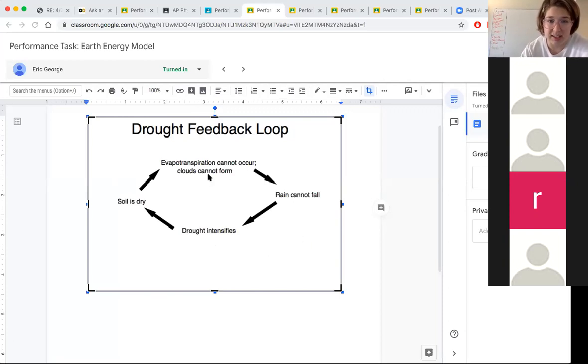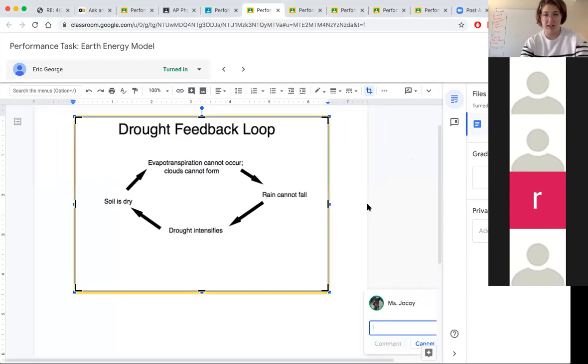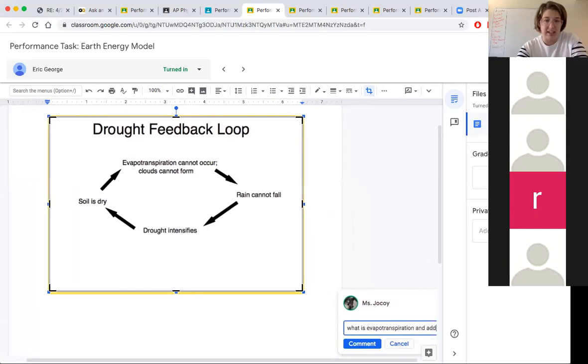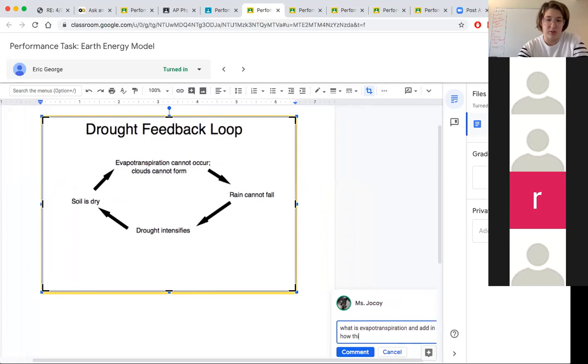So again, I think I like this. I would add some things to it. So I'm gonna comment to add, what is evapotranspiration? I'm assuming it has something to do with evaporation and transpiration from plants. And just make sure to add in how this deals with or is affected by